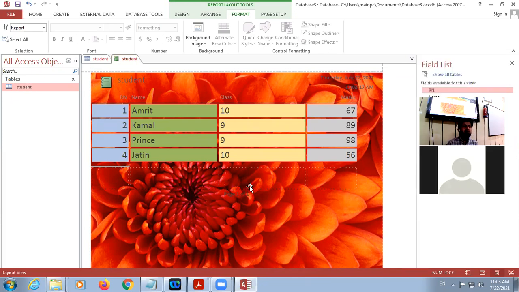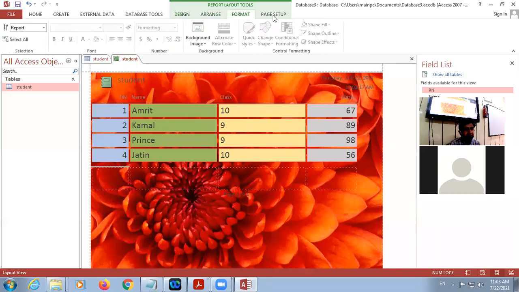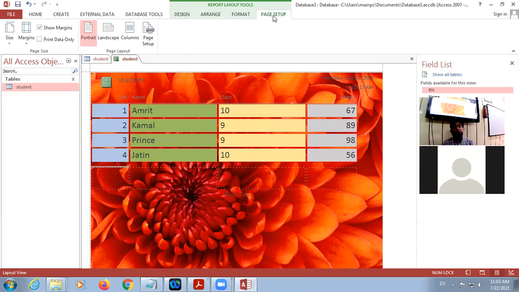So this is your reports. Whenever you create a report, different tabs will appear. These tabs are design, arrange, format, page setup. These are only for reports.